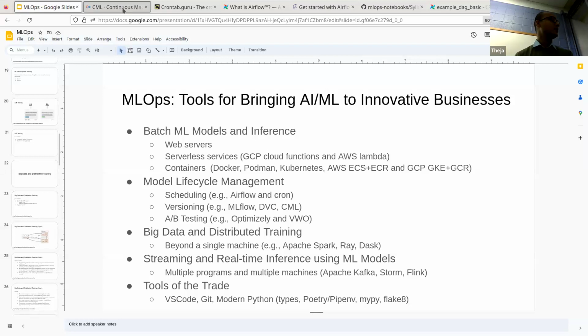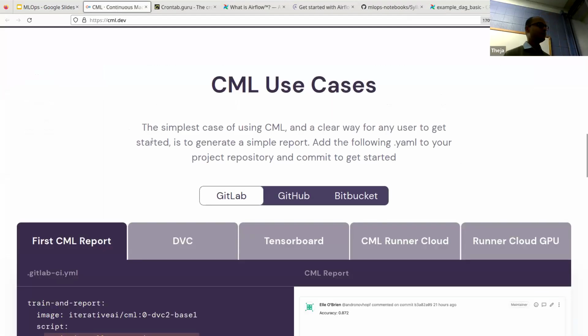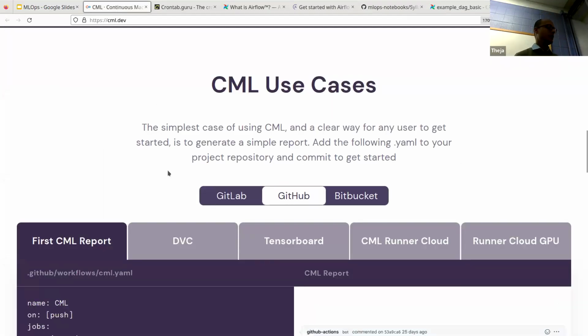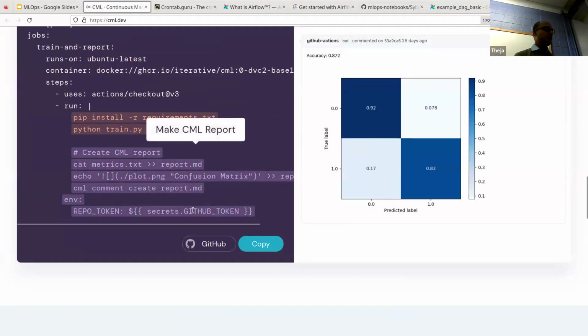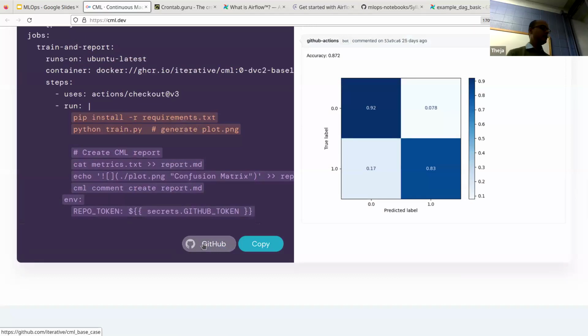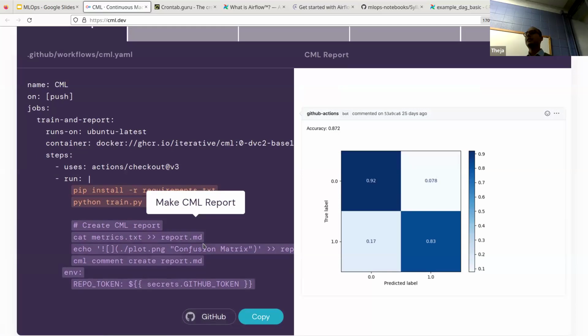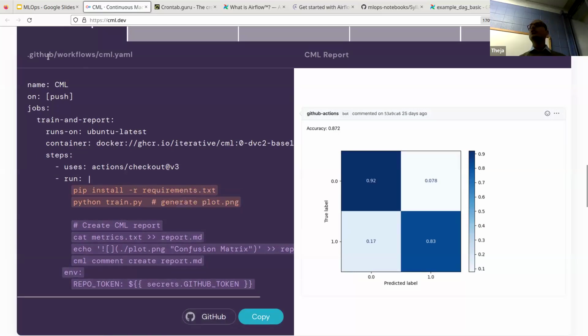Let me get back to CML. So the way this is instrumented, right? It's only instrumented through this notion of GitHub Actions.